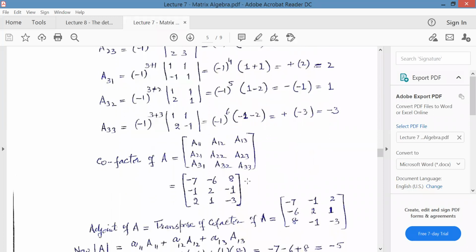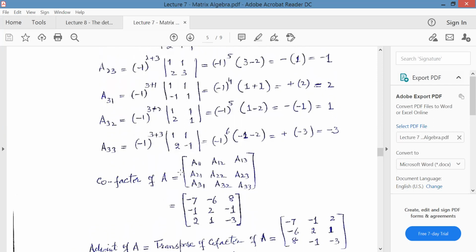अब देखिए, you'll be writing a cofactor matrix of A. हमें हालांकि चाहिए adjoint of A, लेकिन adjoint हम बाद में निकालेंगे, पहले हम क्या निकालेंगे? Cofactor of matrix. The value will be written as A11, A12, A13. You know, first row है, the second column है, third column है. Similarly, A21 second row first column, A22 second row second column, A23 second row third column. Similarly, the third row. And put all the values you have already calculated here.